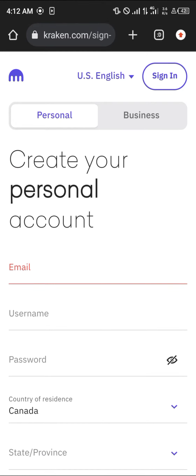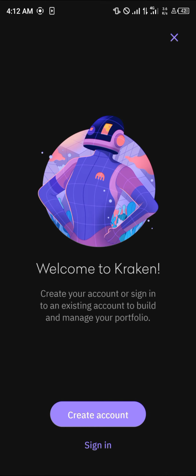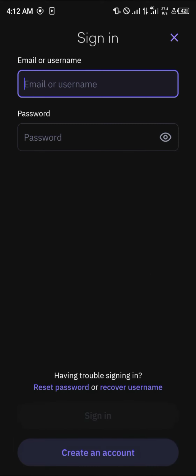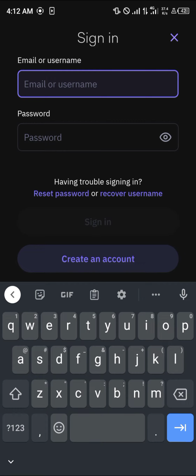And in order to make use of the mobile app, open up the mobile app and click on sign in. That's after you've created an account. So your next step is to simply enter your email and password. So once you've done this,